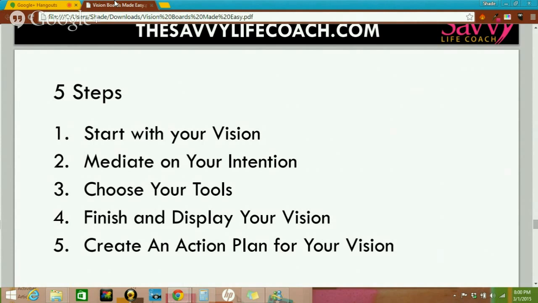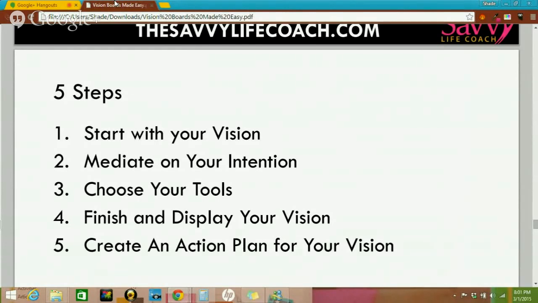Number 5, create that action plan. Create a plan. How are you going to make this vision happen? When you start writing things down and you start being more specific and intentional about what you want and how you plan on getting it, it has the tendency of happening for you in a much more powerful and better way. Sometimes we overplan, and sometimes we don't let things happen to chance, but it is so important to at least think about what you want.